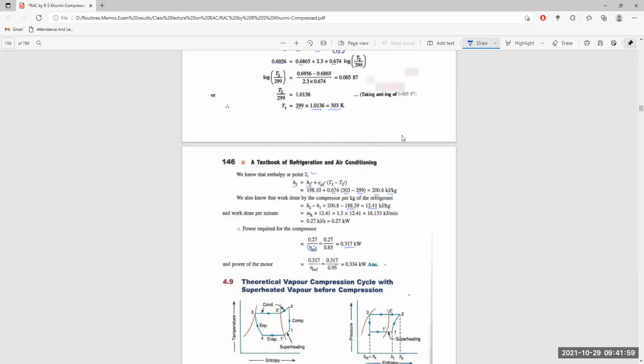So we don't have to calculate COP for this type of problem because it is not required. But here we have to calculate the enthalpy at all the points, H1, H2, H3, H4, and we have to find the difference between H1 and H2, which is the amount of heat being transferred by the compressor. Then we have to multiply this kilojoule per kg